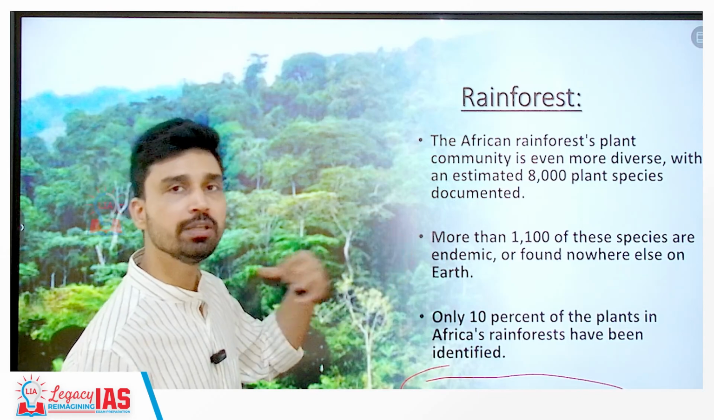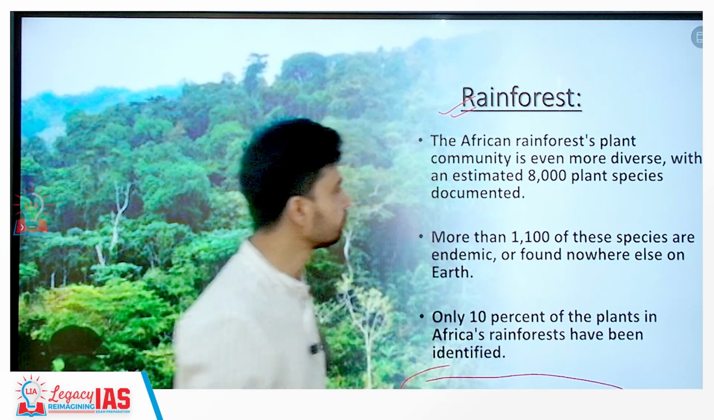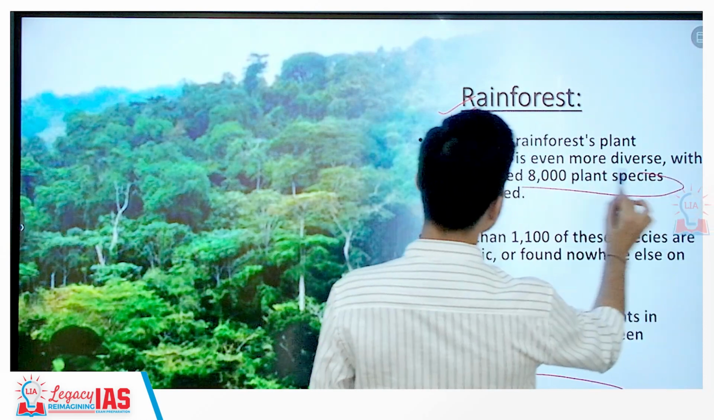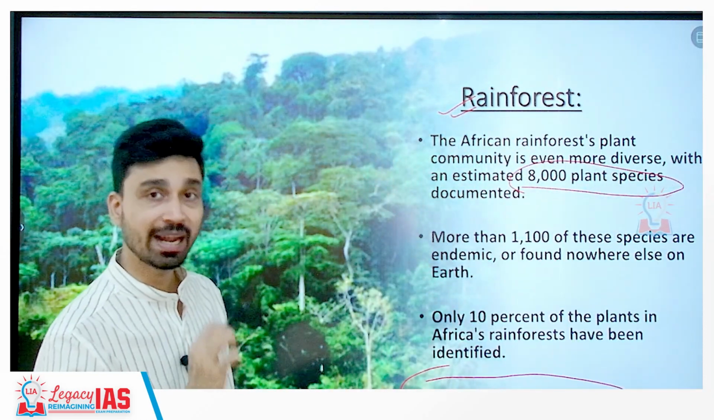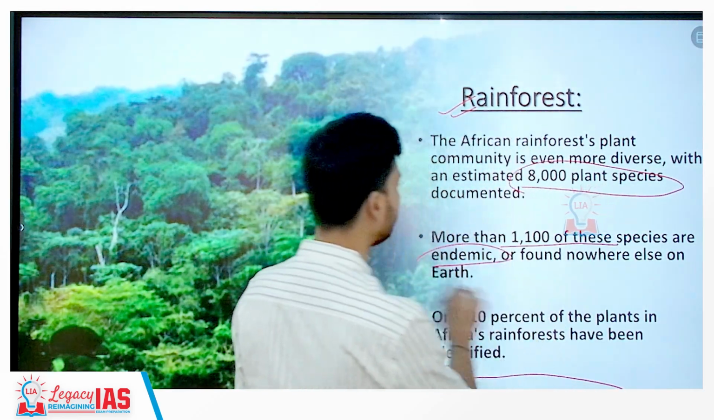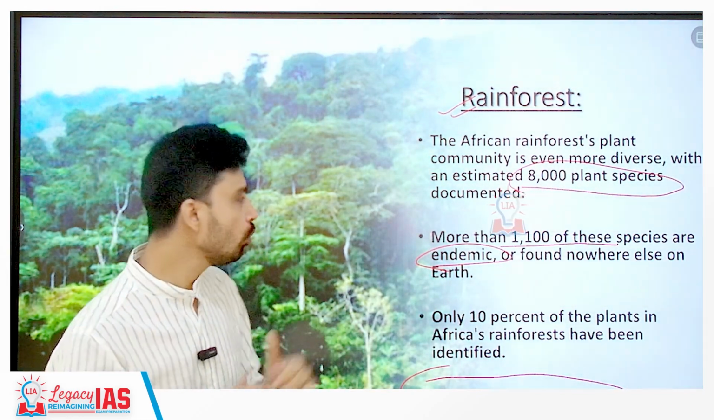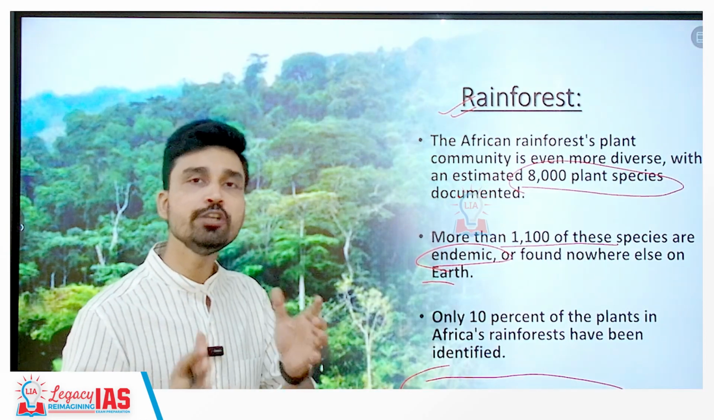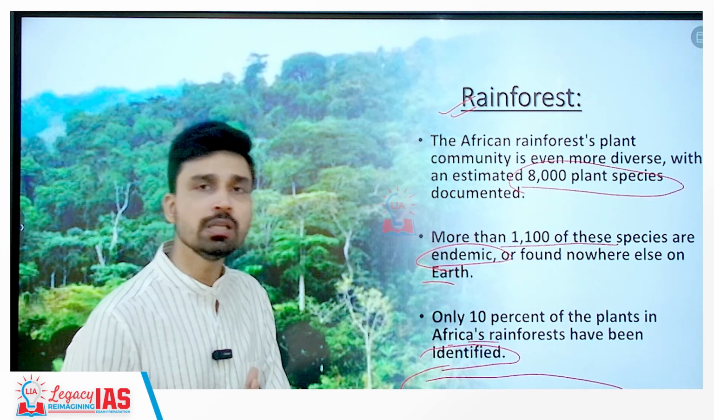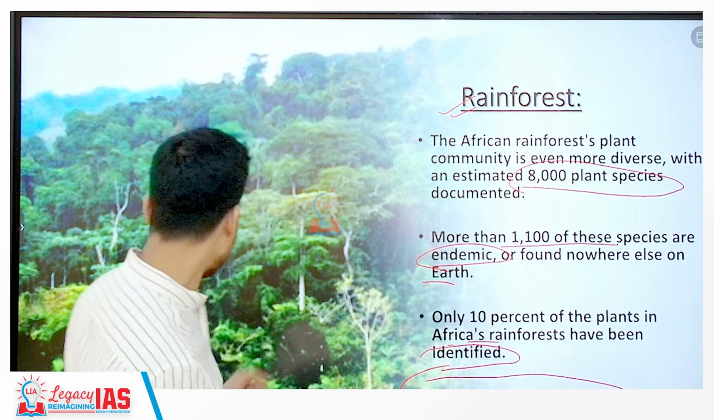So a high value of temperature and a high amount of rainfall is responsible for the generation of this rainforest. Now if we talk about the diversity of this rainforest, it is estimated that around 8,000 plant species are found or at least have been documented in this area, out of which more than 1100 species are endemic. Endemic means it is only found in this equatorial rainforest of Africa, nowhere else on the earth. And only 10% of the plants in Africa's rainforest have been identified till now. That means still a lot of effort is required to explore the uncharted territories of Africa's